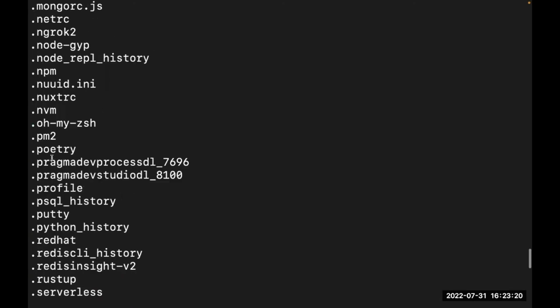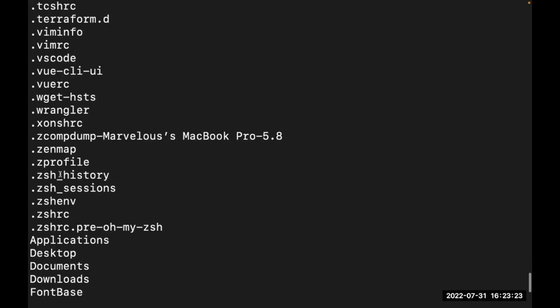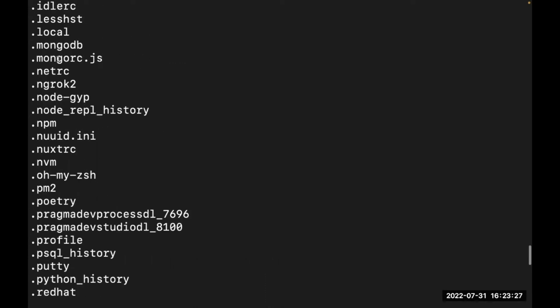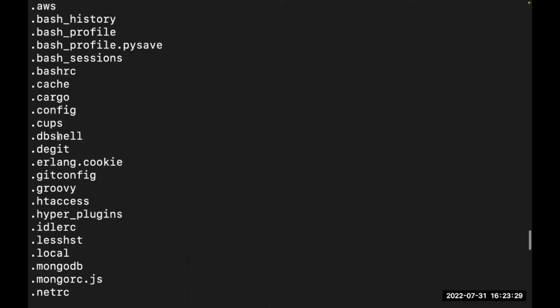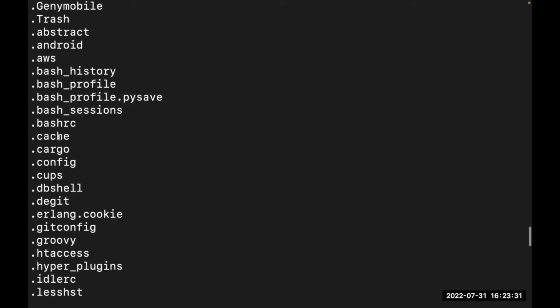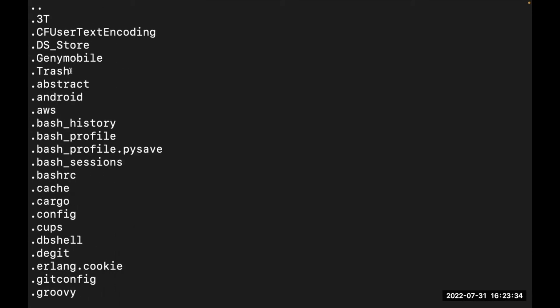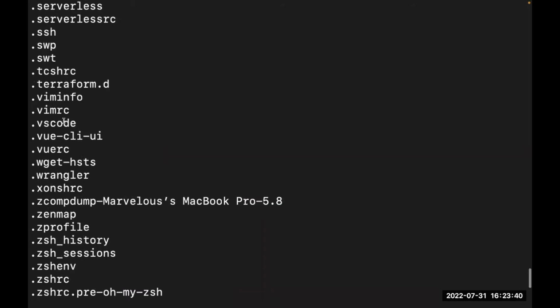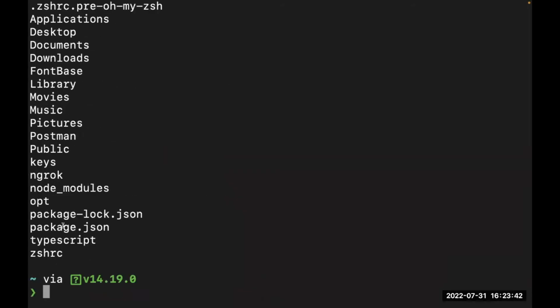We'll talk about the dot files later, but basically they are mostly configuration files. You see, I have a bunch of them. Every laptop or desktop system or operating system has these dot files. I think you have to configure it at times to make it show up, and that is up to you.